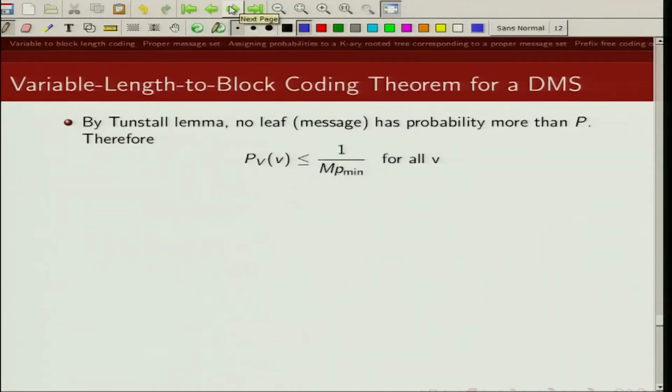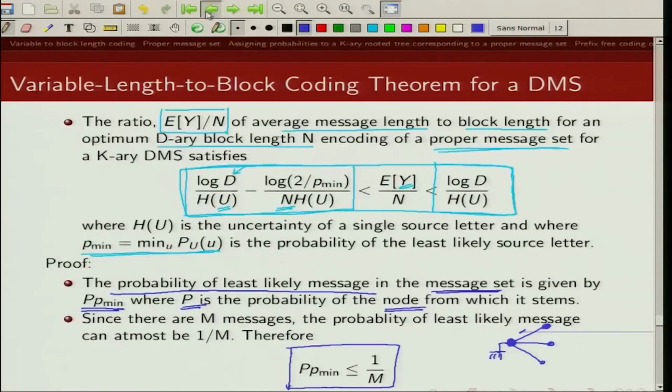Now according to Tunstall's lemma, no leaf has probability more than p. Why? Because in Tunstall coding we are extending the most likely leaf. So there would not be any leaf that has more probability than the nodes, right. So then we can write, if this is the probability, this is the upper bound on the probability of a message which corresponds to the probability of a leaf, then from here we can write P as